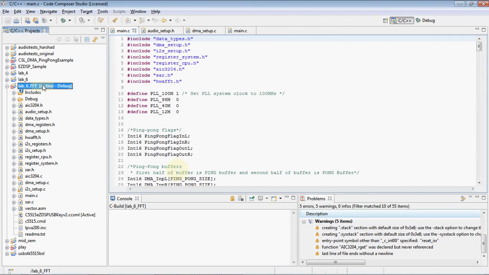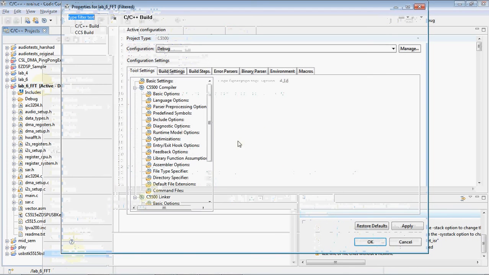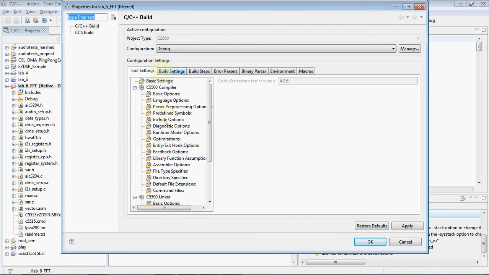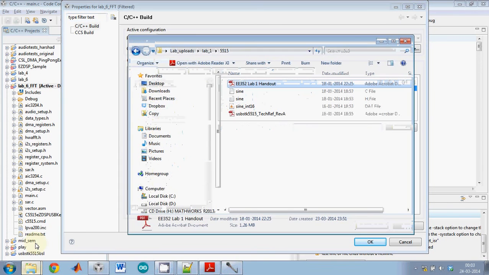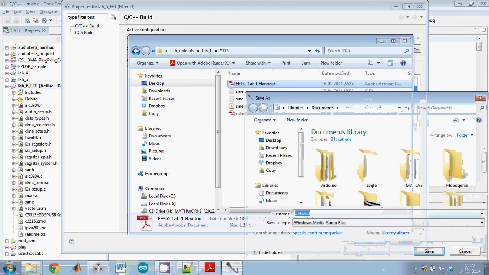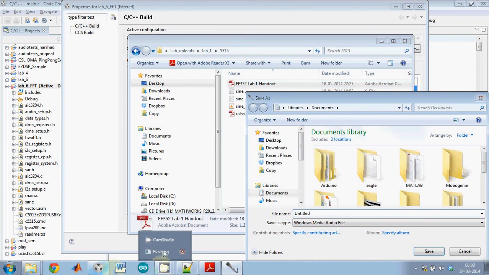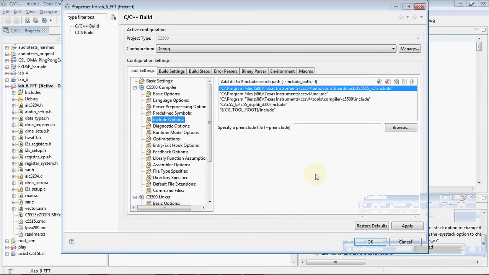If you go to build properties and include options of Code Composer Studio, then your include options should contain these directories.